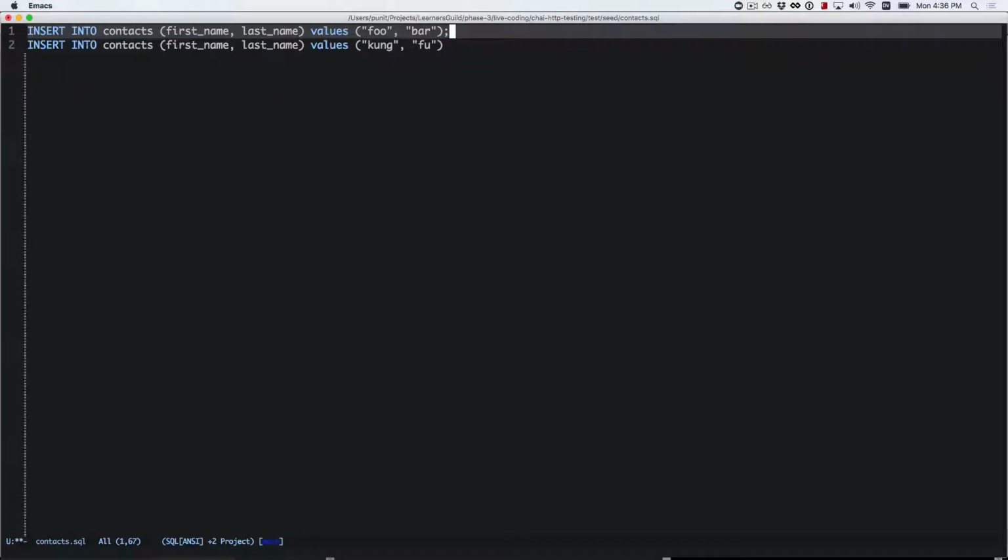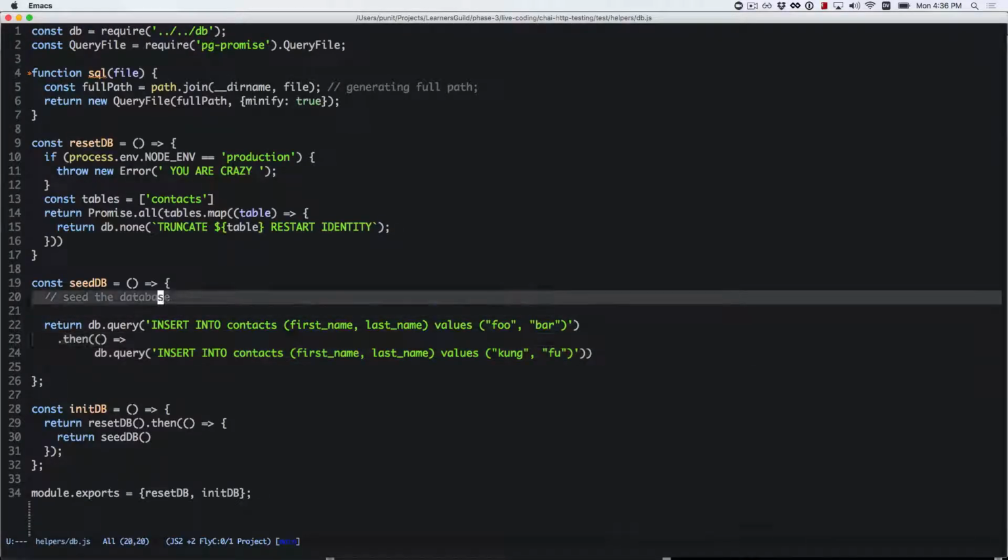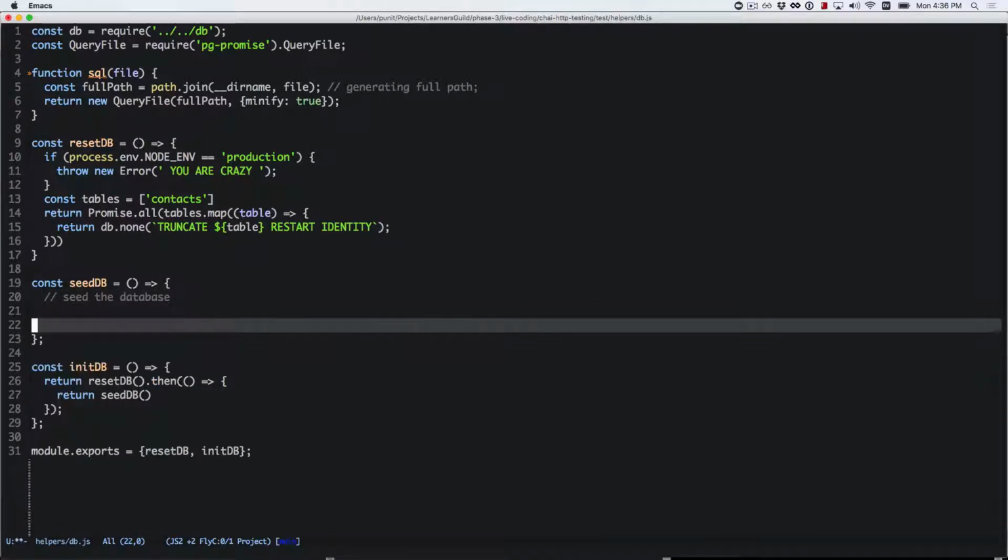Right? So this is what you were suggesting, having a separate file. So you can organize your files based on the kind of data they're loading in. This file loads in information for contacts, so I'm just going to have contact information in here. And so in my seed DB,